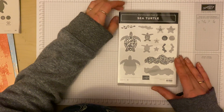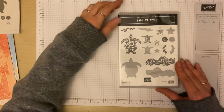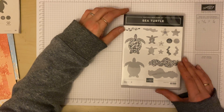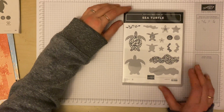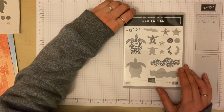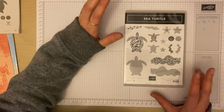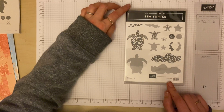Right, the next one is Sea Turtle. So when I saw the papers, I was really interested in those Bay papers, and I thought this would go really well with this particular sea turtle. Now also I'm a Terry Pratchett fan, so this is another reason why I wanted this turtle. If you don't know about Terry Pratchett, he was a writer. He wrote a series called Discworld, where the universe was on the back of a turtle, basically. Great books, really funny, and as I say, I had to have